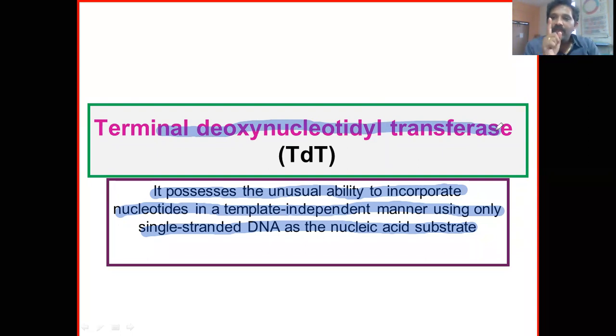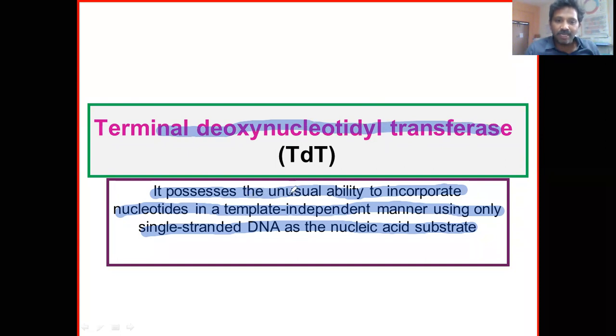almost all the polymerases are template dependent polymerases, which means to synthesize the new strand to add to the existing strand, they require the template. But when it comes to the terminal deoxynucleotidyl transferase, it does not require the template. So hence it is called a template independent polymerase. Template independent polymerase. Yes, you see,